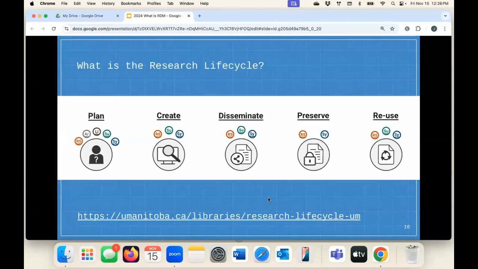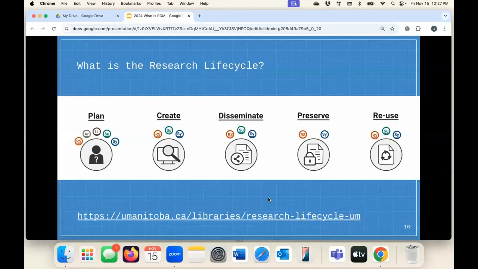I mentioned the research lifecycle pretty early on. So this is one way to look at it. It's just really a way to organize and describe the stages of research. In this image, it's presented linearly, as if you do one thing, you finish it, and then you do the next component. Usually it's messier than that and often a little bit circular. You might do a little bit of planning, you might do a little bit of creation, you might move back and forth between those stages.